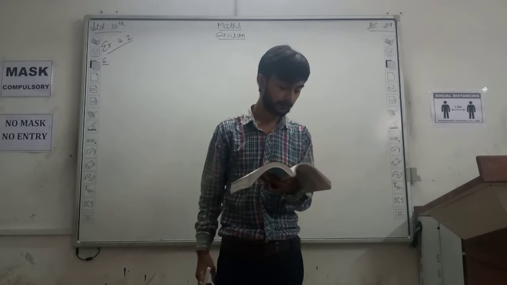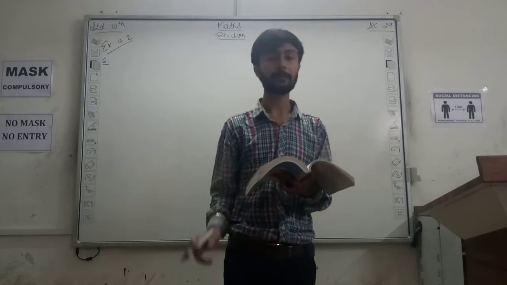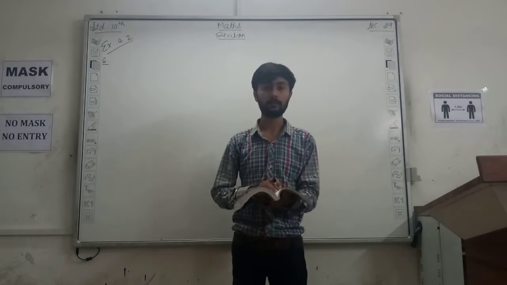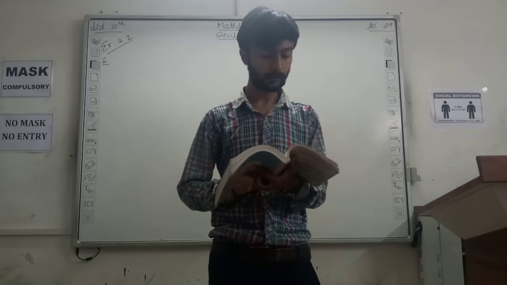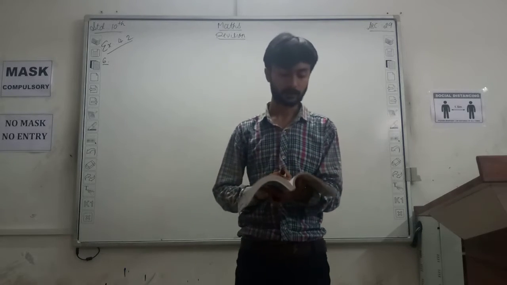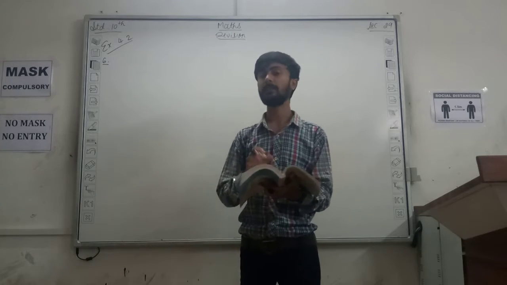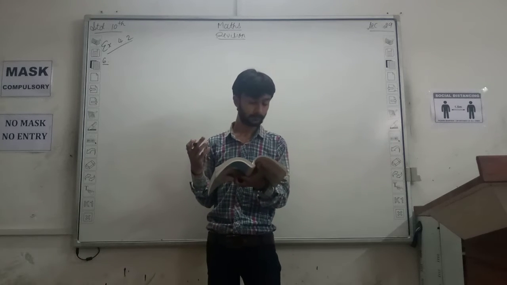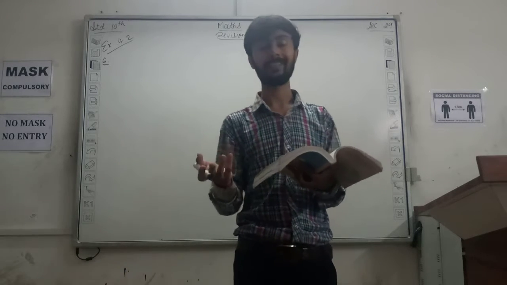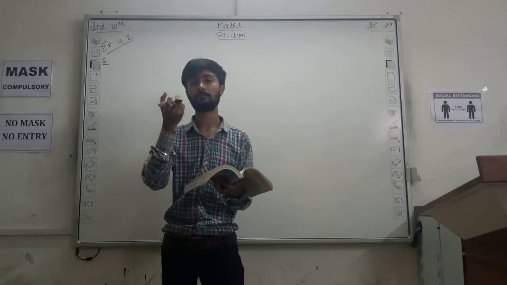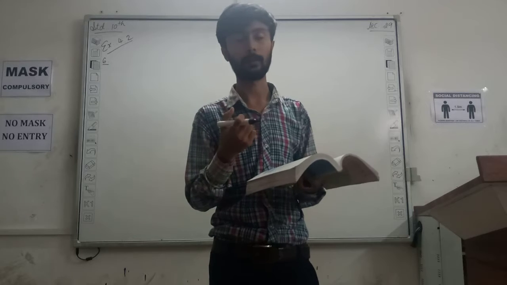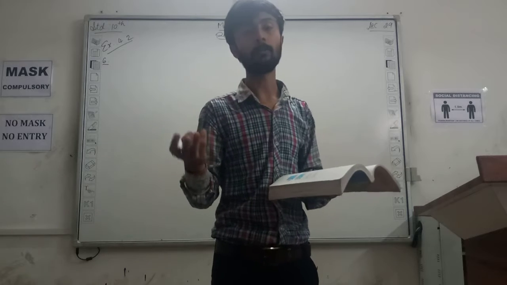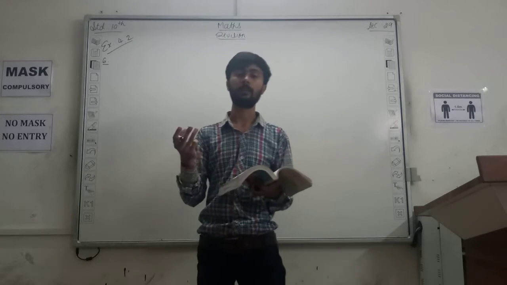It was observed on a particular day that the cost of production of each article in rupees was 3 more than twice the number of articles produced on that day. That means twice the number of articles produced, and 3 more than that. Suppose the number of articles produced per day is x, so twice that is 2x and 3 more than that, that means 2x plus 3,